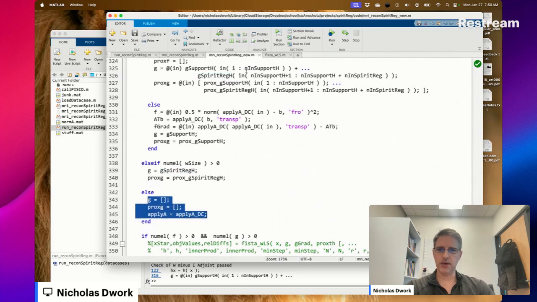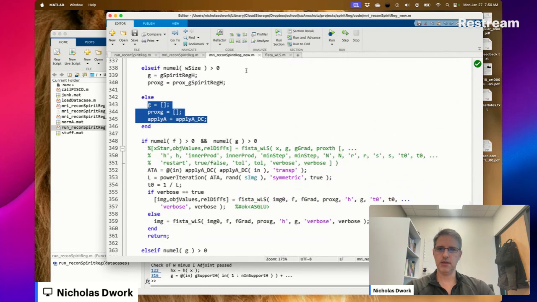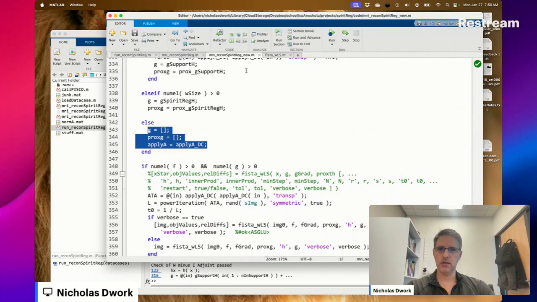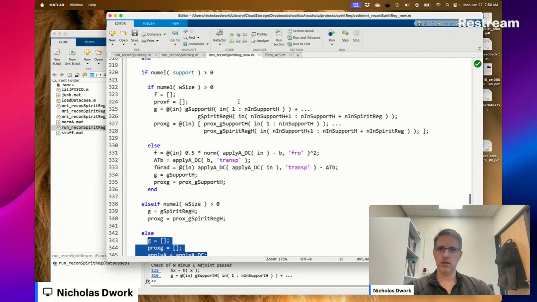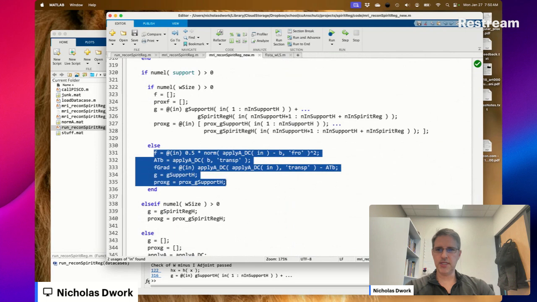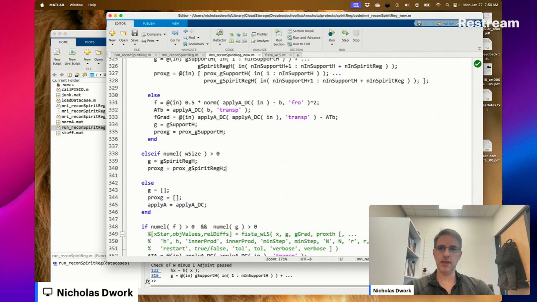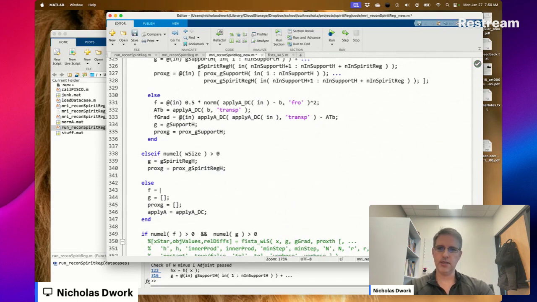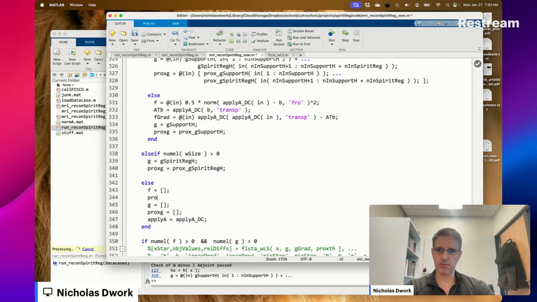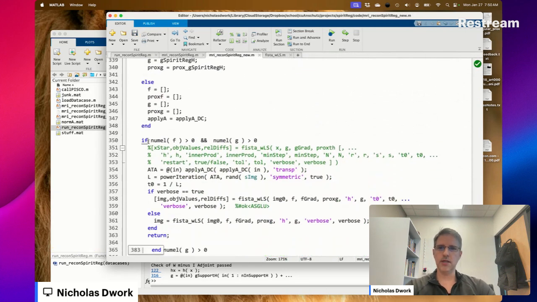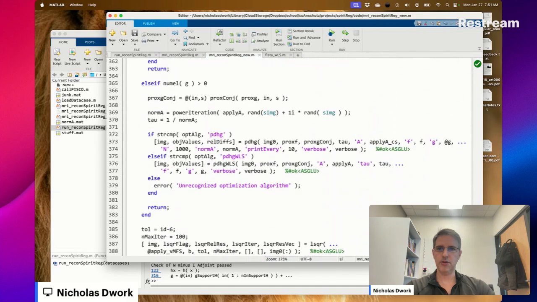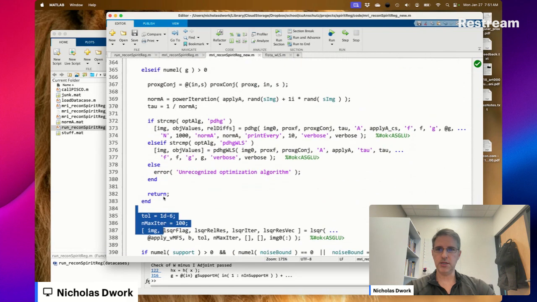This is LSQR, right? Here we're doing LSQR. Here we're doing FISTA. Here we're doing LSQR. No, here we're doing what? I don't know yet. This is LSQR. So F is equal to, and G is equal to that, and prox F is equal to that. So if the null of F and the null of G are both 0, then we just do